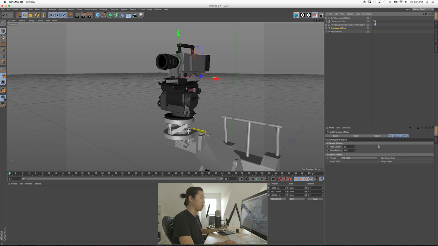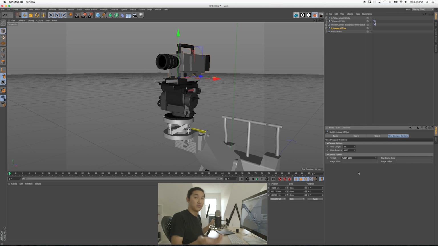If you grab the Alexa now, here's something new. You can change the focal length and the white balance. I wouldn't mess with the white balance if you're not familiar with the system yet, but you can change the format. So we can do HD 16:9, 2K 16:9, 4:3, or open gate. Really, they're all the same until you go to open gate. Then the sensor is much bigger on open gate with the Alexa, and then your lenses at 25mm is actually